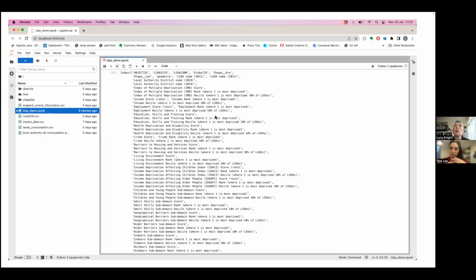I had a little look. These are all the different columns that exist in that data set. This is my way of examining whether it's got what I want, what I need. One of the things I noted is that we have